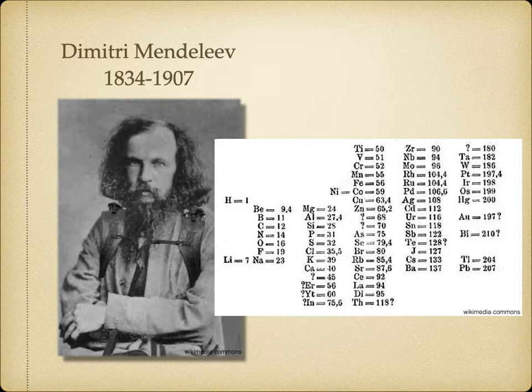This is an image on the right here of some of the organization of his data, and you may notice that it's tilted 90 degrees from what we would normally see on the periodic table. But he's beginning to organize things into groups. He's beginning to organize them in terms of repeating chemical patterns, and he's also noticing that there are gaps in these patterns, to which he makes some predictions about things that will in fact be discovered based on those patterns.